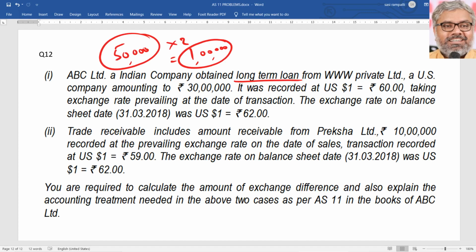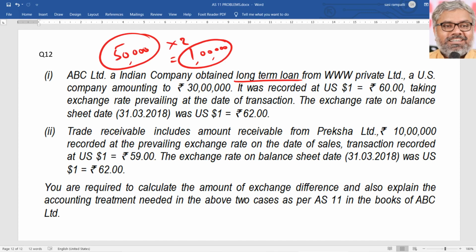So the FCMITD account at R2 loan account is to be debited and credited with 1 lakh rupees. $50,000 multiplied by 2 rupees exchange rate difference per dollar, that is 1 lakh rupees, is the transaction that should be passed at the end of the year, 31st March 2018. That's it. Alternatively, this can be debited to the P&L account also, that is their choice. It is not compulsory, it is a choice.